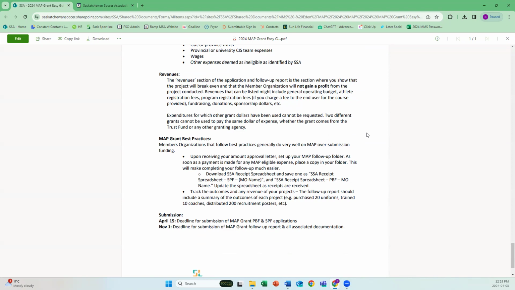And you name them appropriately. Name them so that you know that this receipt is going to go for population-based funding, coaching development. This one is going to go for special projects, youth leadership project. That way it's easy when you're doing a follow-up, you know where to find all of your receipts to submit